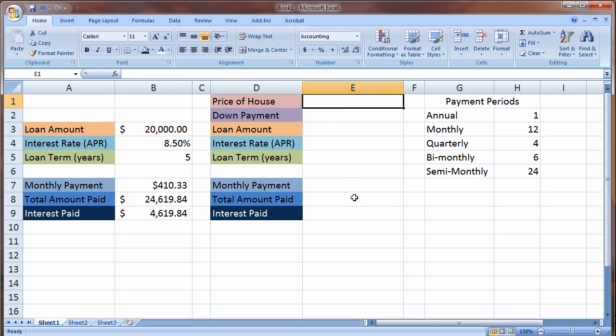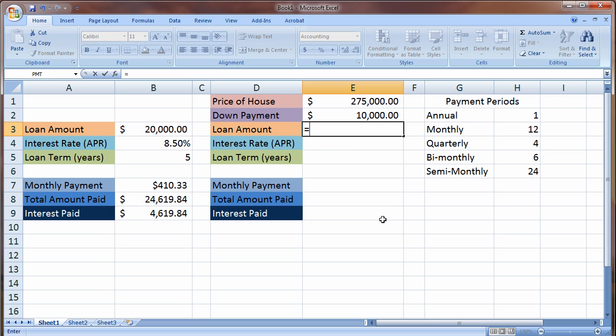So let's do one that everybody always asks me about, the ye old house payment. I'm going to borrow actually the price of the house is $275,000. I, in this case, have a down payment of $10,000. Well, am I going to borrow the $10,000? No, so I want to take that off the loan amount. So I'm going to take the price of the house minus my down payment, and I'll see that I'm going to borrow